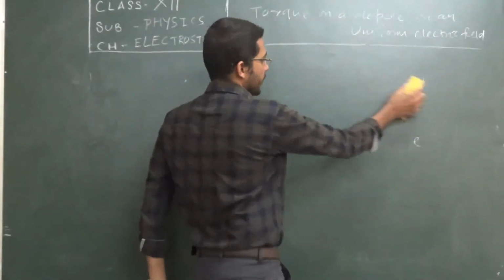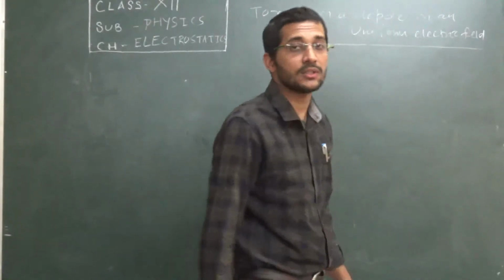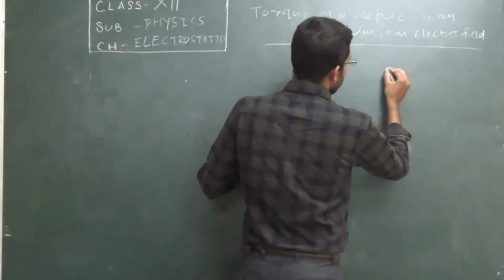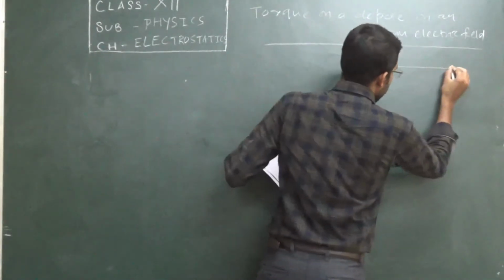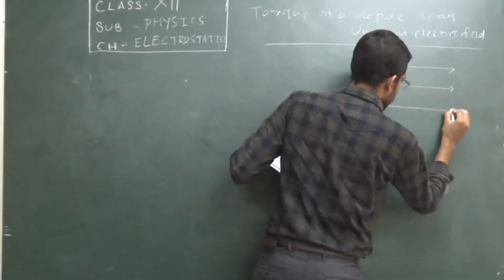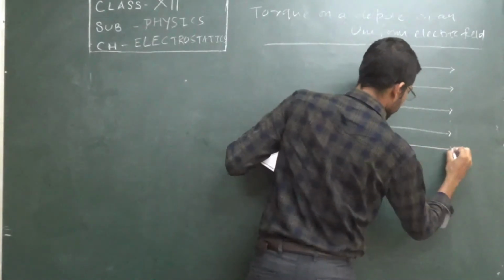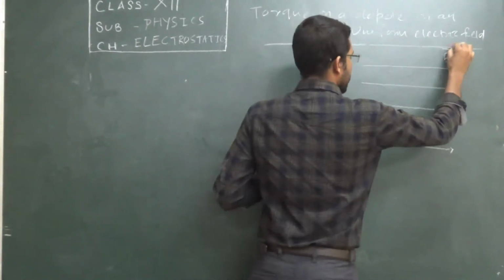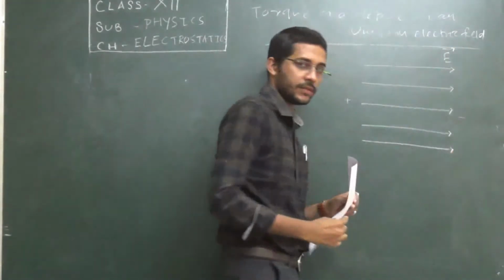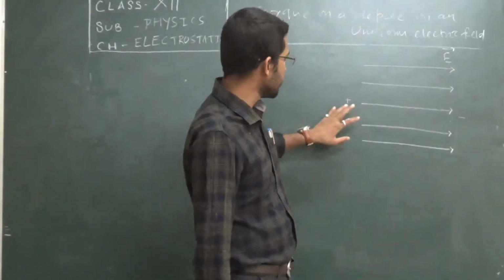See, when we talk about uniform electric field, as you have a certain idea about the lines of forces, or we can say field lines, then we can say for uniform electric field, the lines of forces are always parallel, equispaced, and moving along a particular direction. Let us say these are the uniform electric field. Let this one be positive, this one negative. As we know, lines of forces always go from positive to negative. So this will be positive, this will be negative.